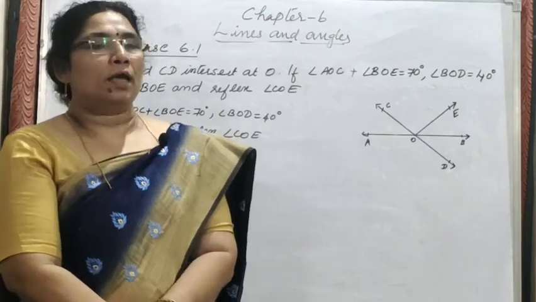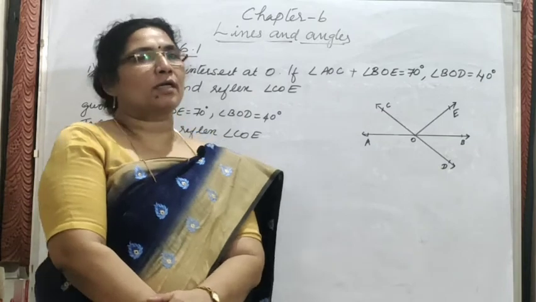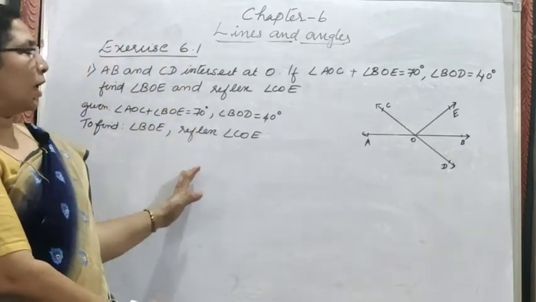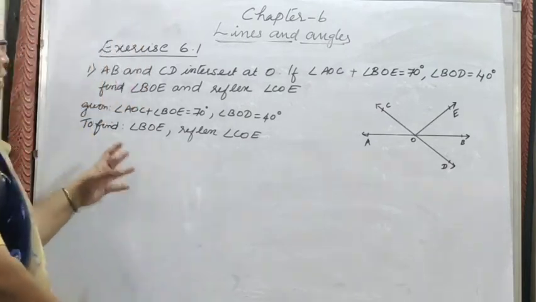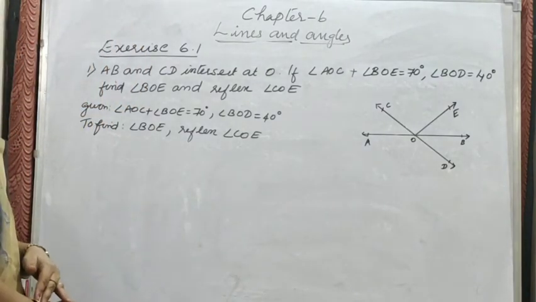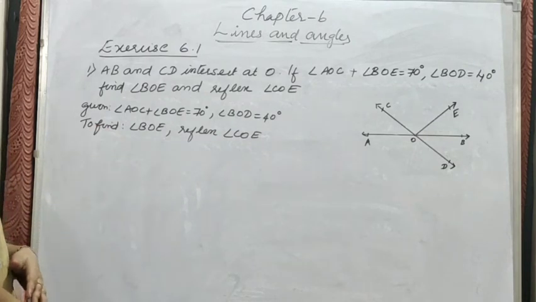Good morning, children. Again, we are continuing the same chapter, lines and angles. I think you started having a little bit of difficulty with this chapter, lines and angles, because every proof is different. So learn thoroughly. Even exercise questions I am explaining. So take down the classwork and practice in the homework copy one more time.